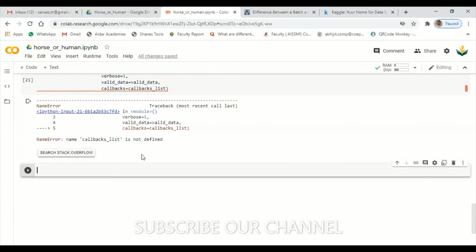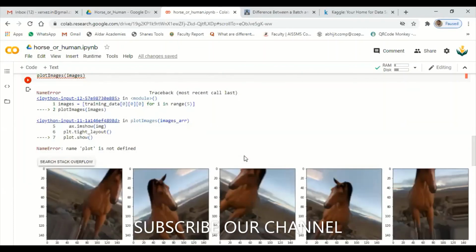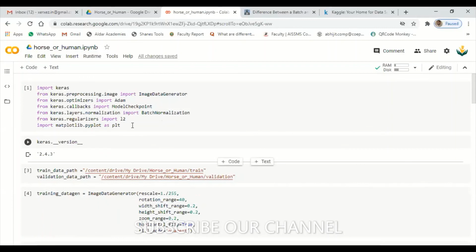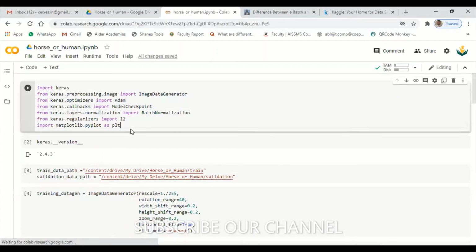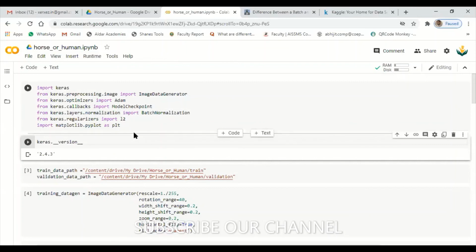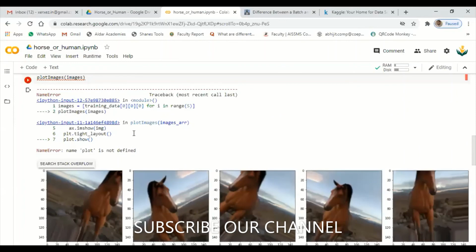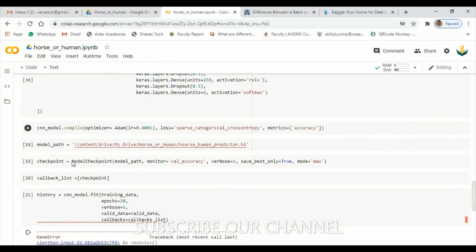Keras, I think I have to define the callbacks. Hold on, let me check here. Callbacks are there, right, Keras? Callbacks, model checkpoint, keras dot callbacks. Let me run this again. It's showing callbacks are not defined, but I have checkpoints.